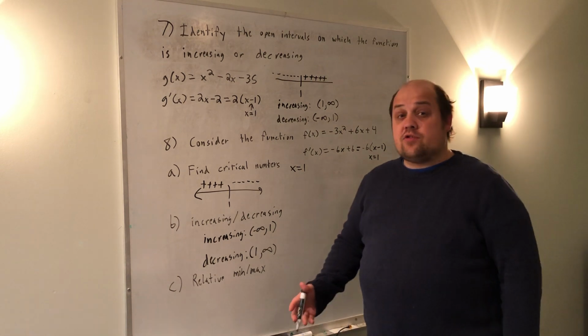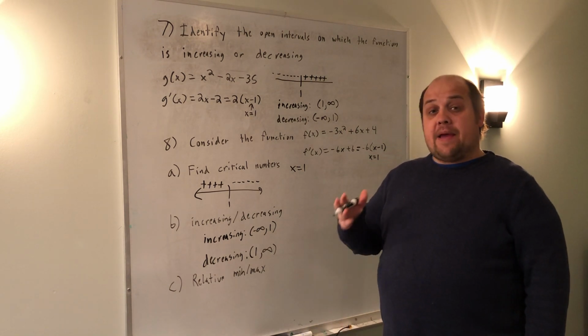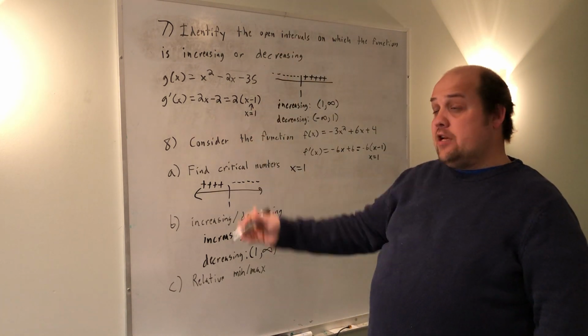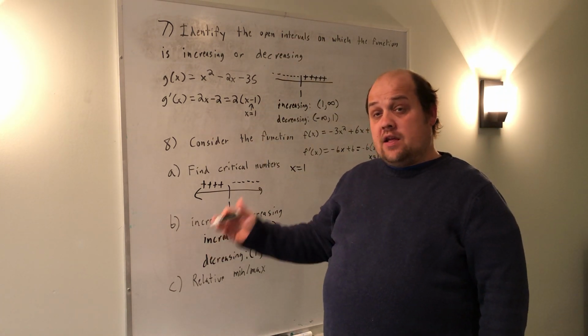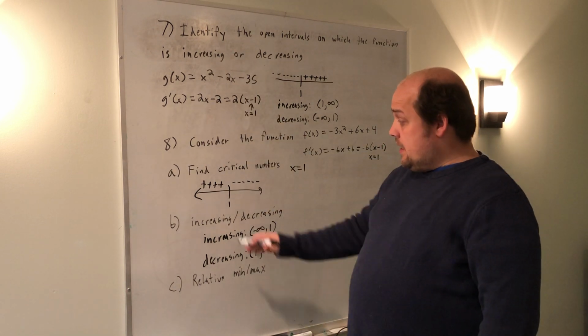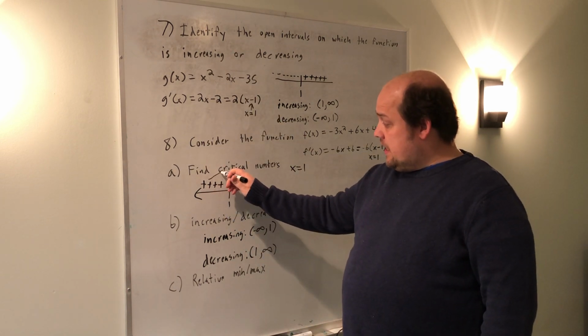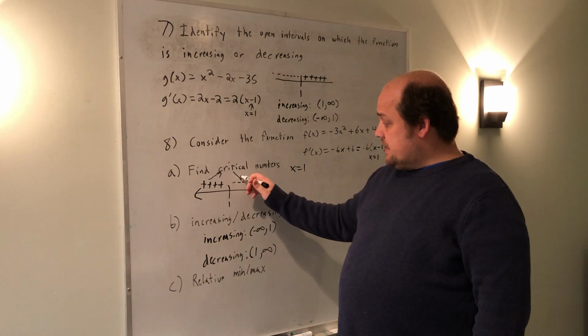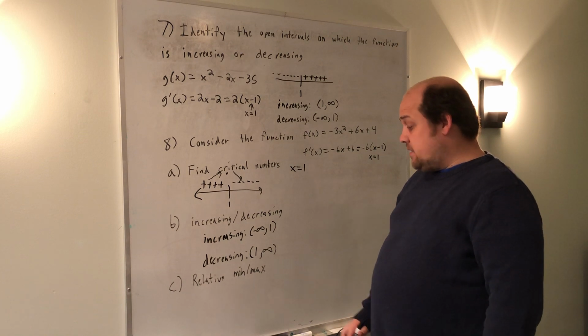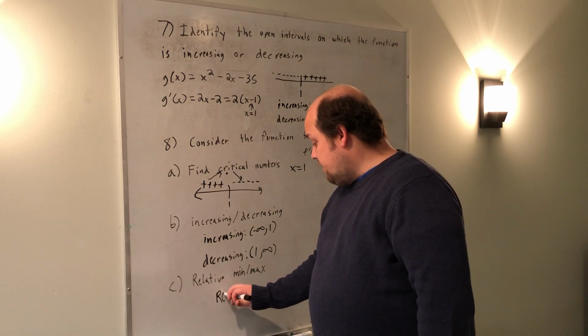When I look for whether there's a relative min or max, it depends what the sign change is. If I change from increasing to decreasing, a maximum will be created. If I change from decreasing to increasing, a minimum will be created. Here I change from increasing, heading up, to decreasing, headed down, which means in the middle there I had to have a highest point or a maximum. So there's a relative